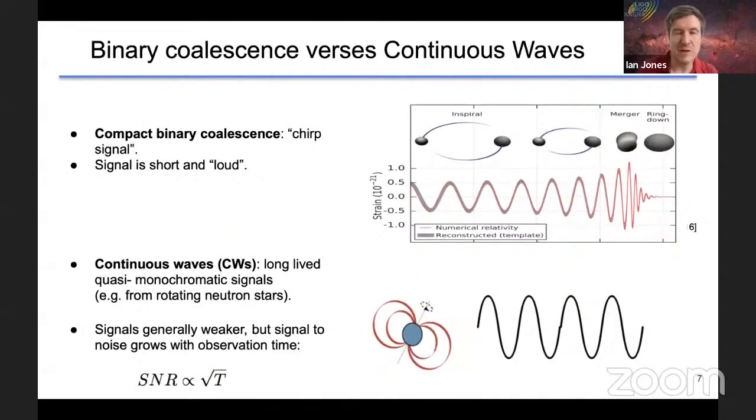So on this next slide, I want to do a bit of a compare and contrast. I want to compare what we have seen from these binary star systems, from these stars colliding, with what we're going to talk about in today's webinar, these so-called continuous waves, which last a long time. If you look at the top half of this slide and top right, there's a little schematic picture of what we saw with our first ever gravitational wave detection back in 2015.